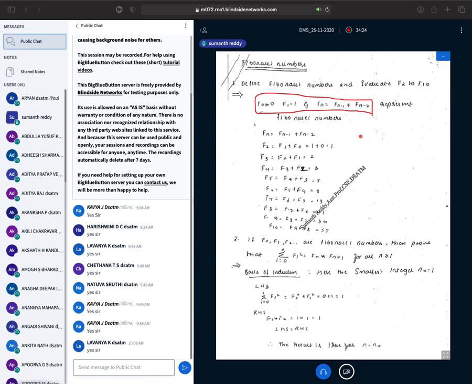In the exam, in some of the question papers, he has asked for the definition of Fibonacci numbers and to evaluate from F2 to F10. The definition you cannot write in the form of statements. All you need to do is write this formula. That is F0 is 0, F1 is 1, and the remaining values can be calculated using the formula Fn is equal to f of n minus 1 plus f of n minus 2. So this is the definition for the Fibonacci numbers. And he has told you to evaluate from F2 to F10.